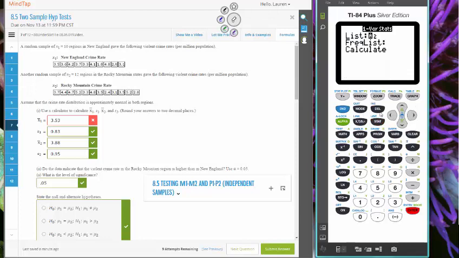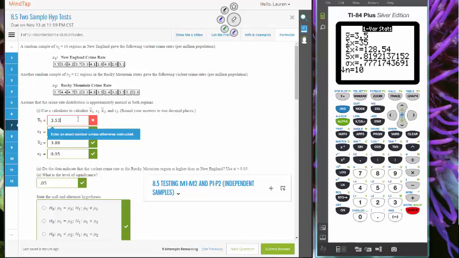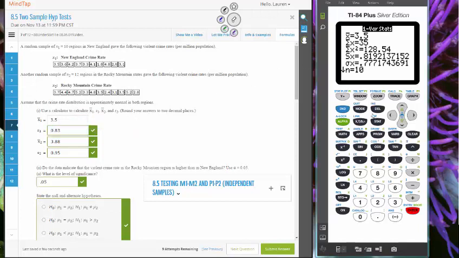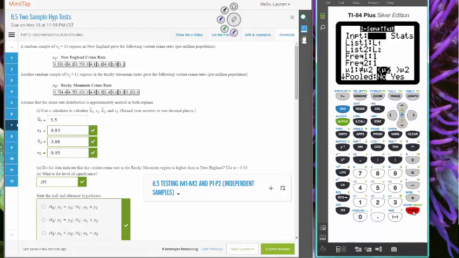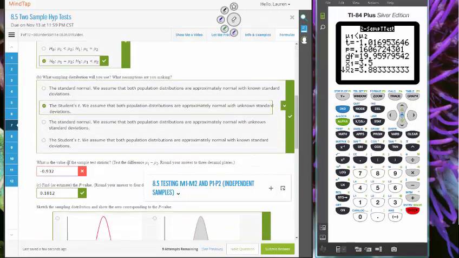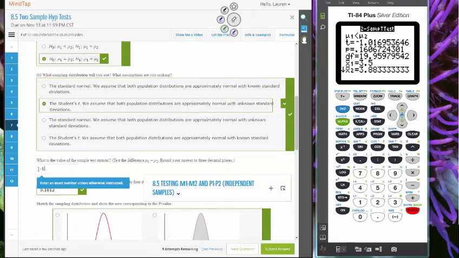I need the mean of the first list. Take 2, get just 3.5, and then run the test against that: 2 sample t-test. Information is in the list. The rest of the things are consistent from before. Get a t now of negative 1.017. The p-value is correct, which is a little surprising, but